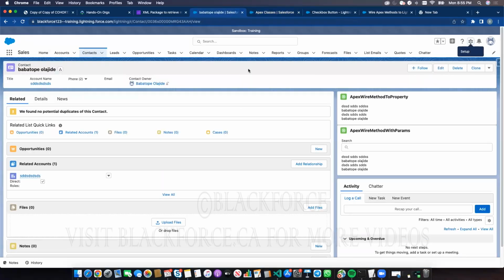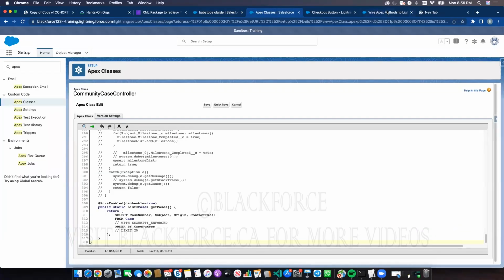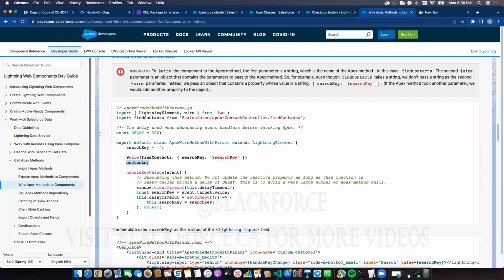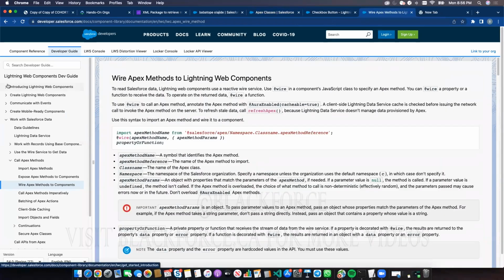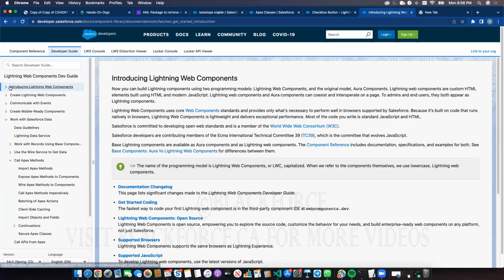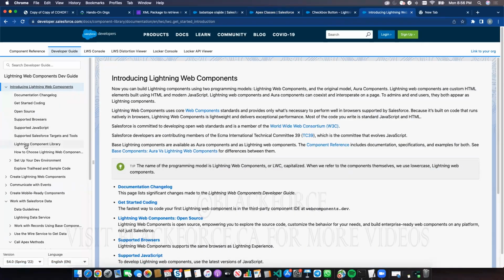So now, you've seen the basic stuff. I don't want to go into deeper Lightning Web Component stuff. If I had to go deeper, I will show you how to create tables. But I don't even need to show you. I can just show you the code. Then you can just copy the code and use it. For instance, let's go to creating tables. If you want to create a table,